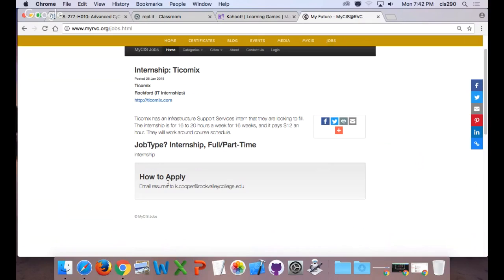And Tim, the CEO, is a really nice guy, the guys that work there. It'd be a good school job anyway. Good experience for you. And again, you might not ever think about going into networking, but it'd be a good part-time job while you're at school. And they do all things there, by the way. They do networking, programming, consulting, and so it'd be a good opportunity. If you're interested, email k.cooper@rockvalleycollege.edu. She is Rock Valley College. Kelly Cooper is Rock Valley College's job placement person.